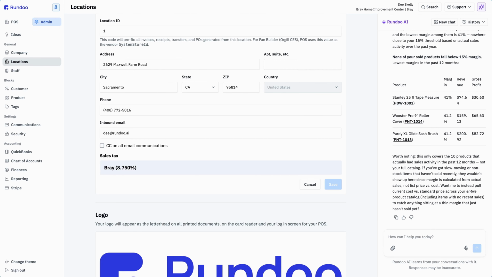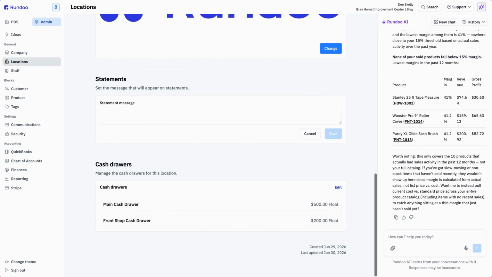If you leave it unchecked, you'll only get the important replies from your customers. This page is also where you set your cash float for your drawers, which we cover in the cash drawer video. And one thing to note on this page, any changes you make are saved automatically as you go. There's no big save button to hunt for.